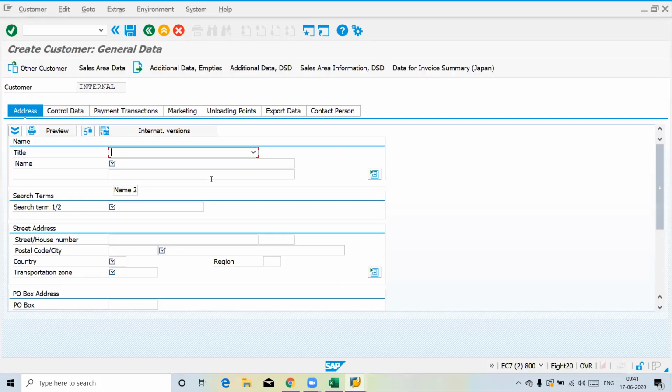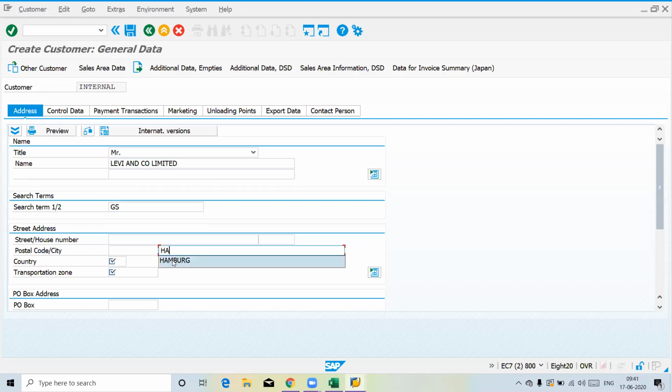Now you enter, you entered, right? I just don't want to save. Mr. Levy and Co Limited. So the search term is GS, I'm always taking this, and I will show you soon.